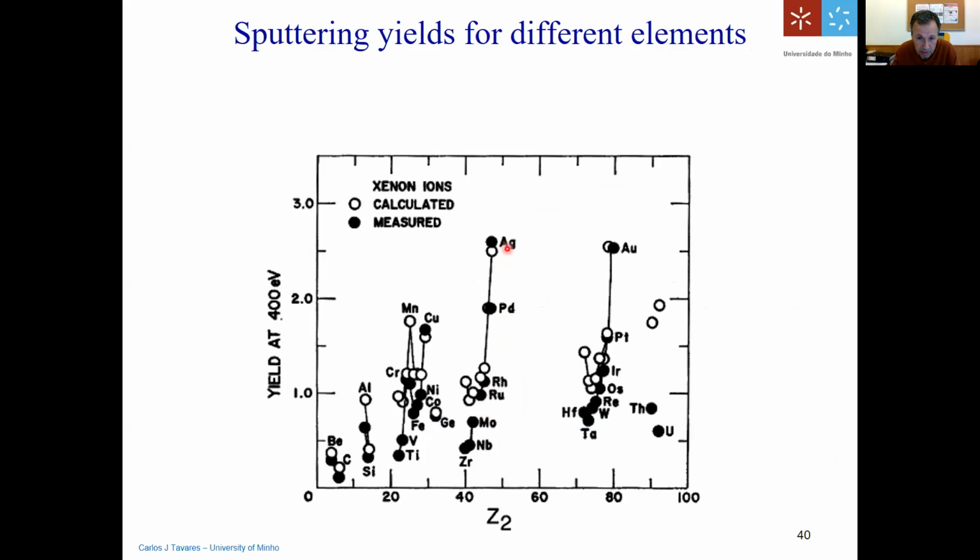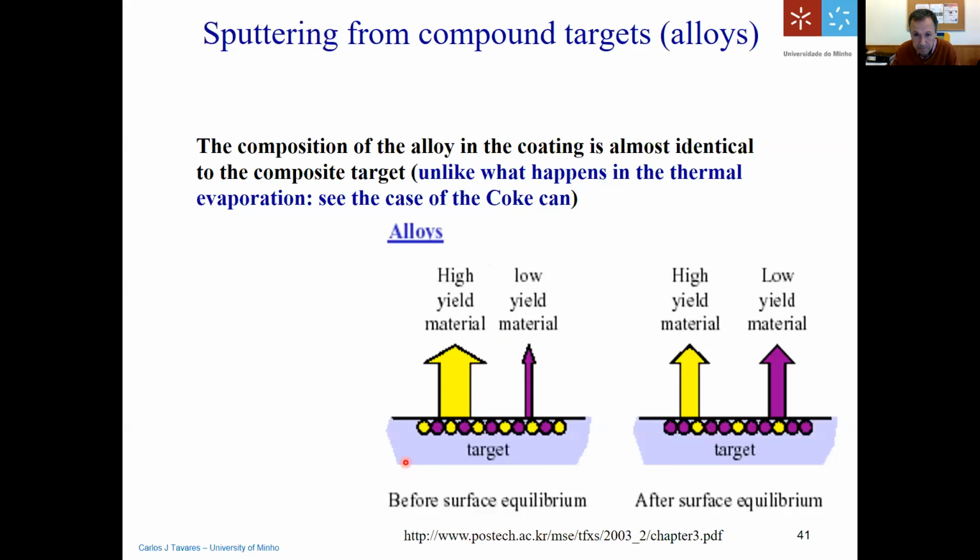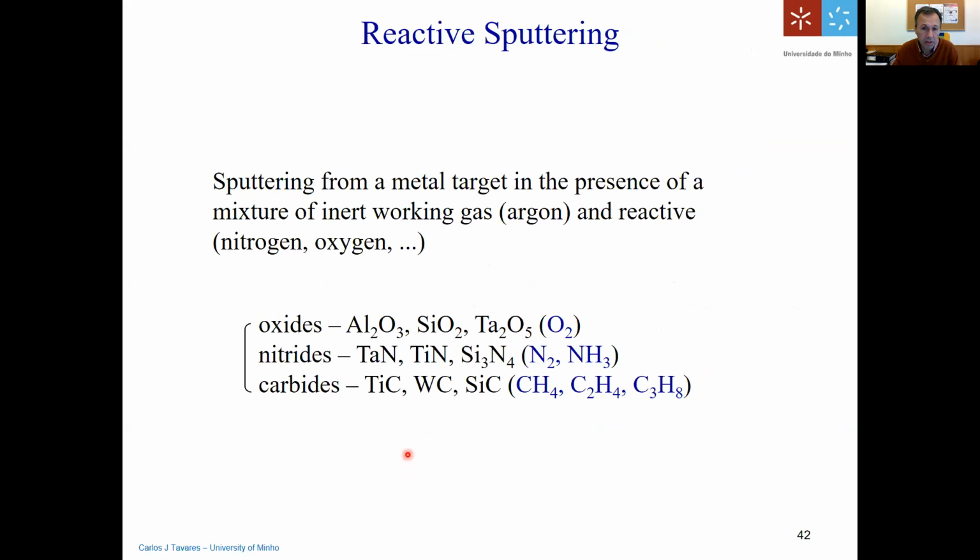in comparison to titanium, because the sputtering yield of silver at 400 electron volts is about 5 times higher than that of titanium, okay? So as I'm almost at the end, as an overview of what I've said so far, you